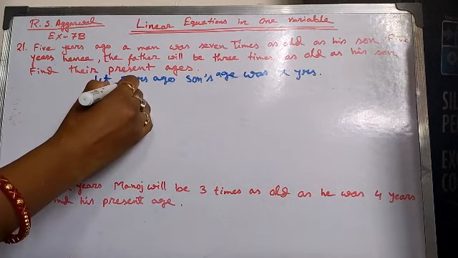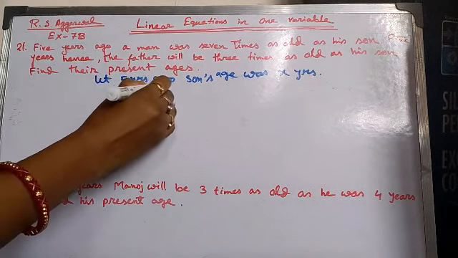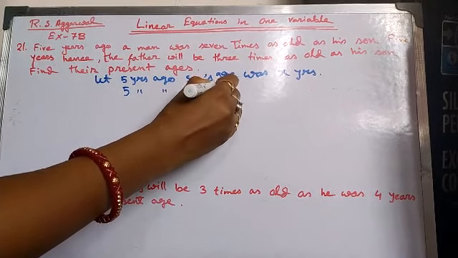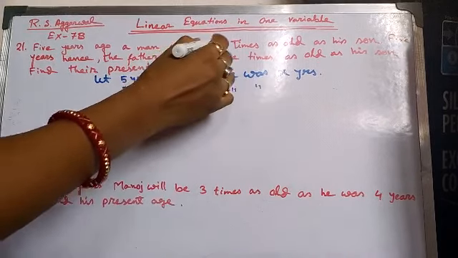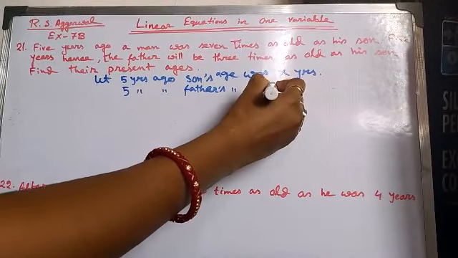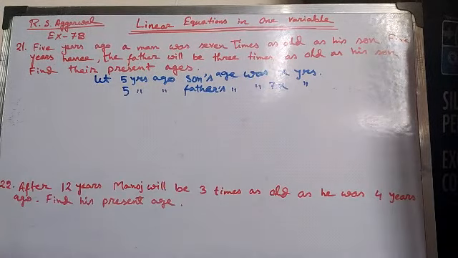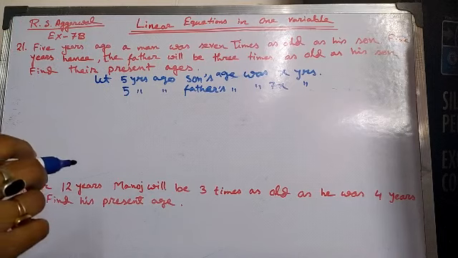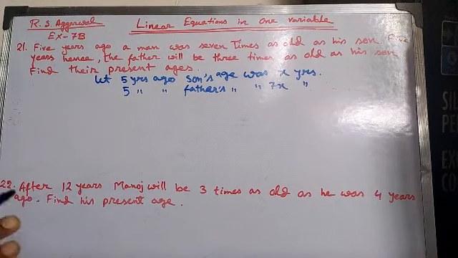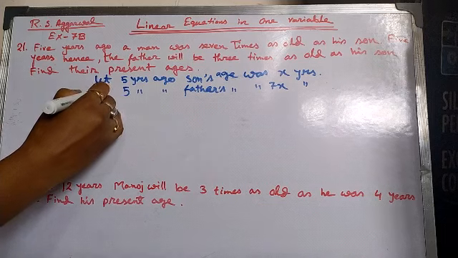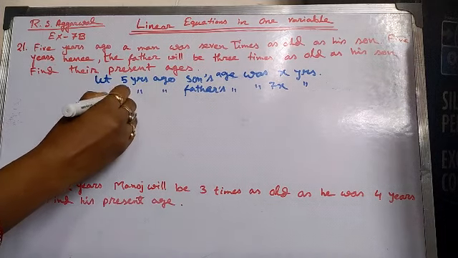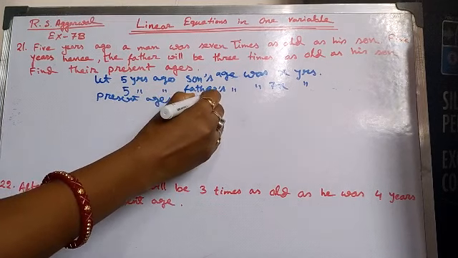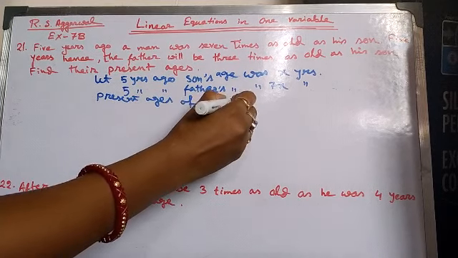Then 5 years ago father's age was 7 times as old as his son, that means 7x. These ages were 5 years ago. Okay, now present ages. Present age of son is